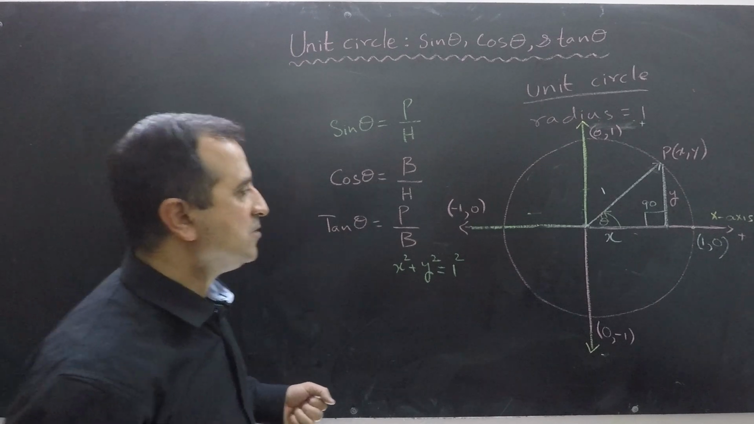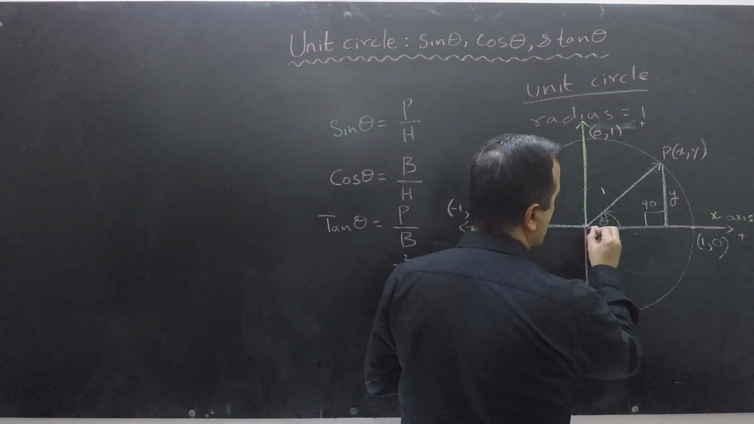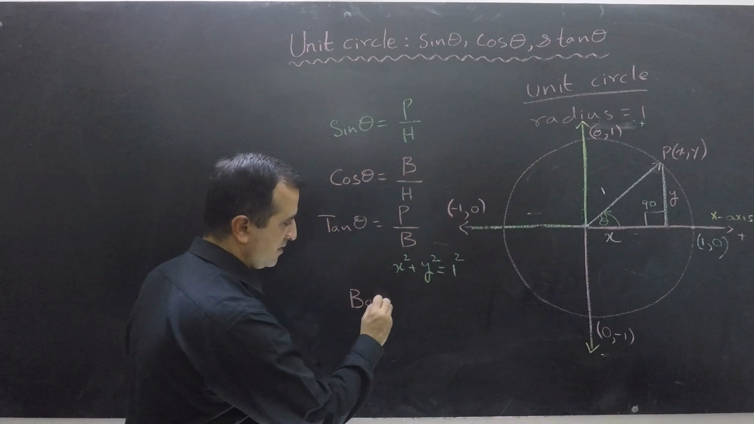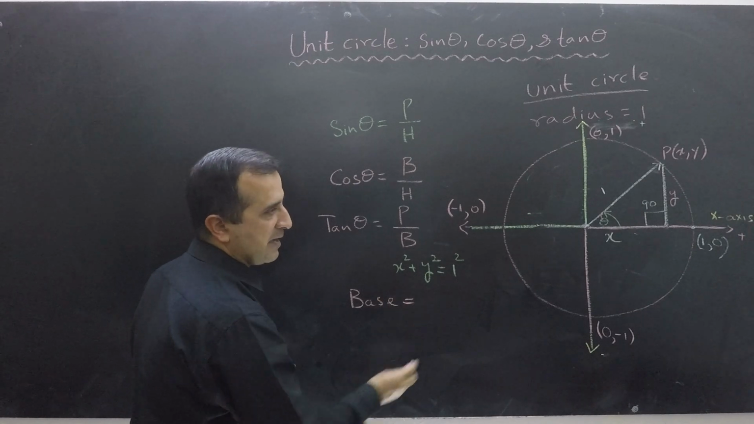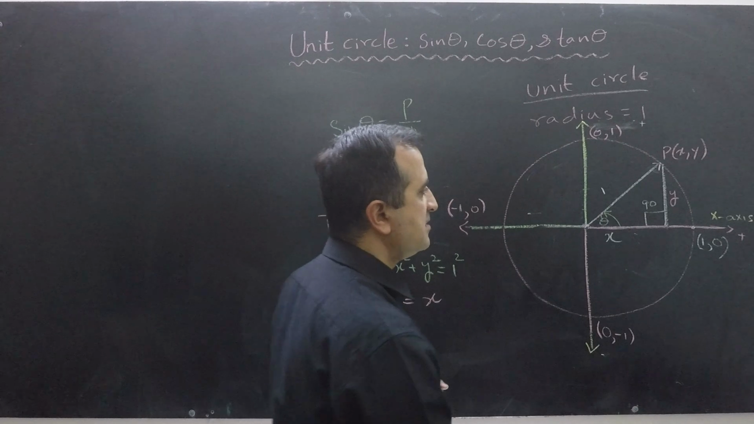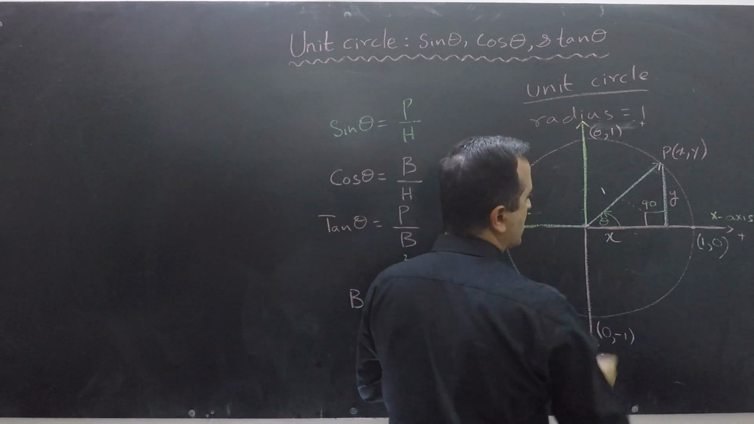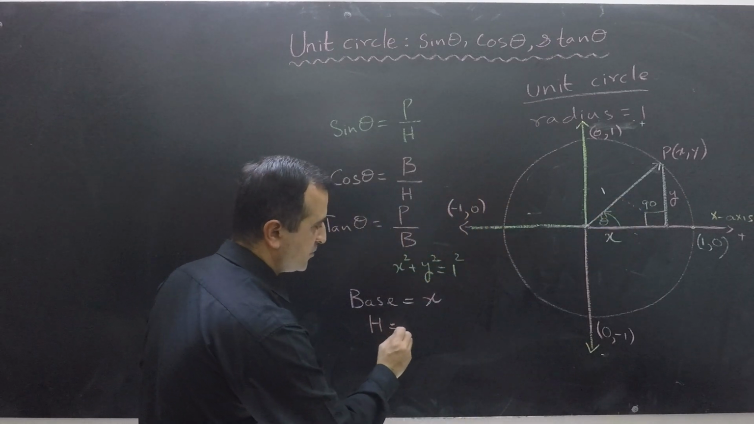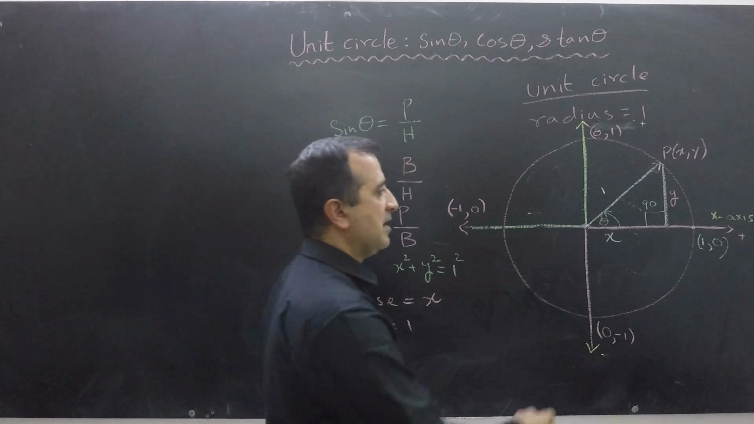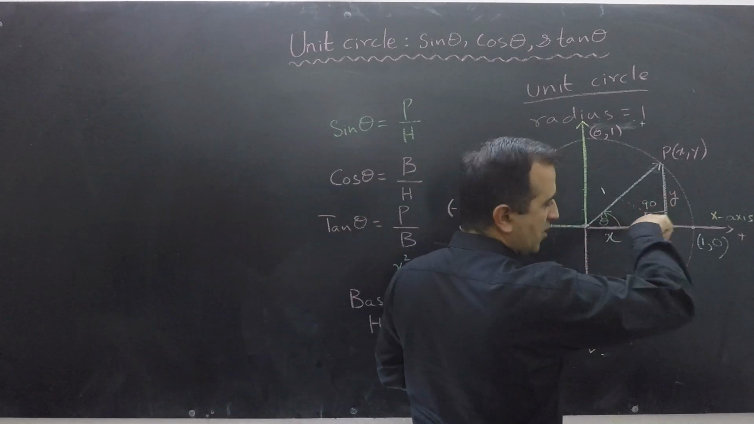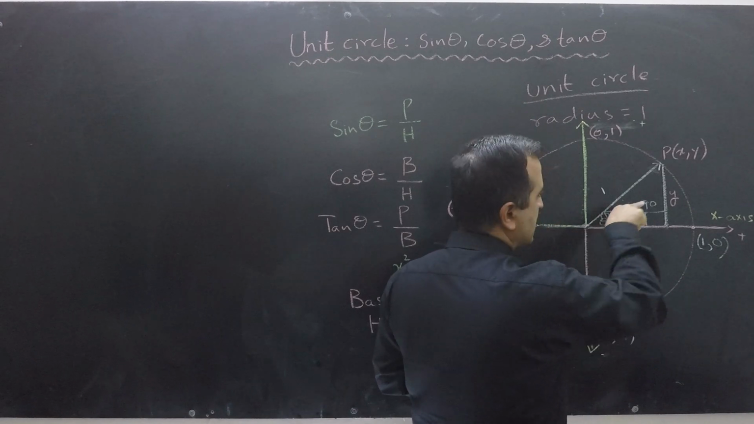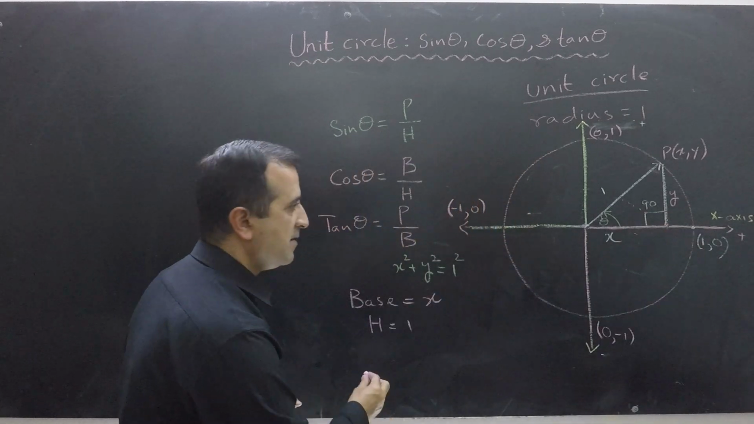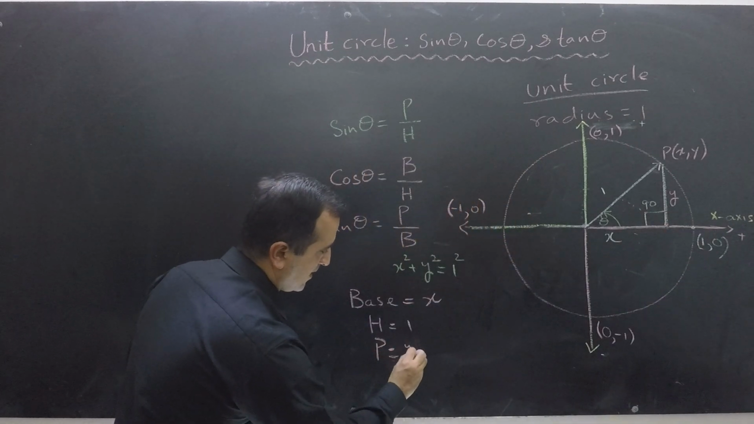Make sense? Because we have chosen this angle as theta, this is going to be our base. So our base is going to be x, and this is going to be our hypotenuse, because the hypotenuse is always opposite to the 90-degree angle. So our hypotenuse in this case is equal to 1, and the side opposite to theta is called opposite, or perpendicular. So our perpendicular is going to be y. And now we can